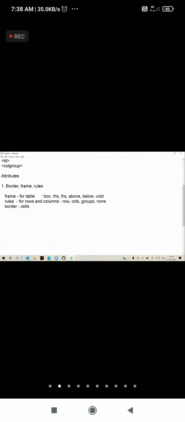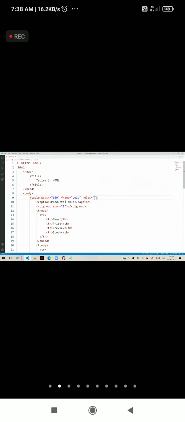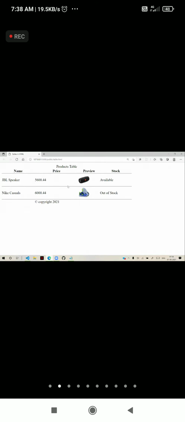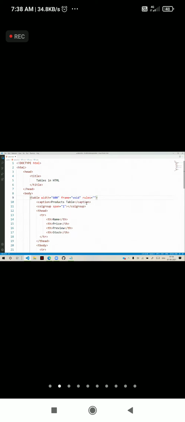That means you can have rules as rows. And you can see that the rules will be for rows only. Lines will be for rows only. We don't have a frame. We have only rules. Rules, I want cols. Only for columns it will come.